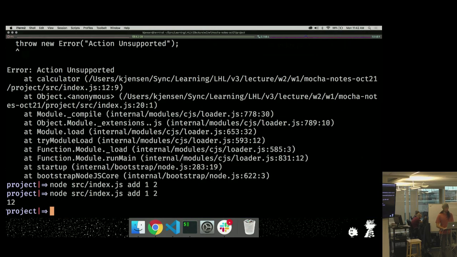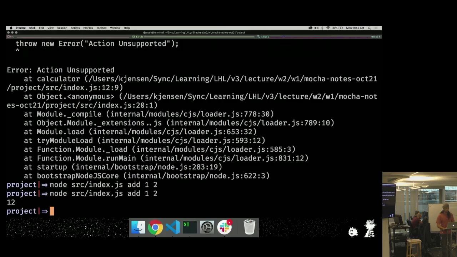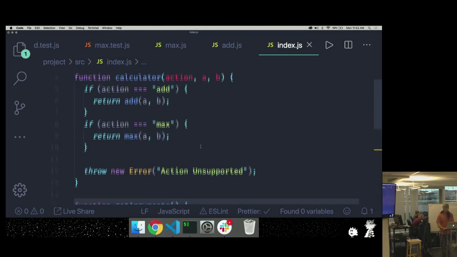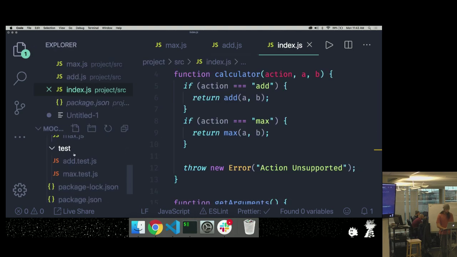Oh, why is it that it came out with 1 and 2? Yeah, it's concatenating 2 strings together. We could write a test to make sure this never happens again, right? That's what we want to do. When we see that and we're like, oh, that shouldn't happen. Well, maybe now's the time to write a test for this, because we're already running into problems. So I'm going to go in here,